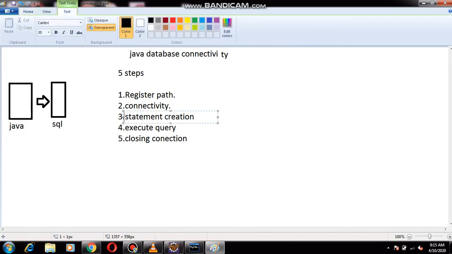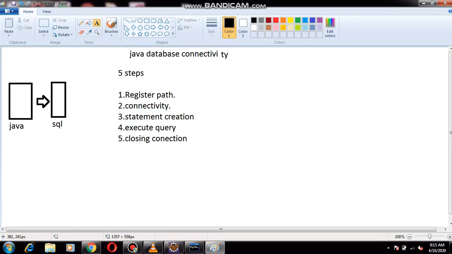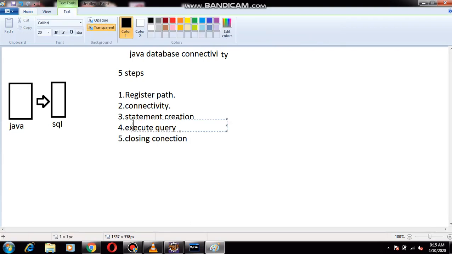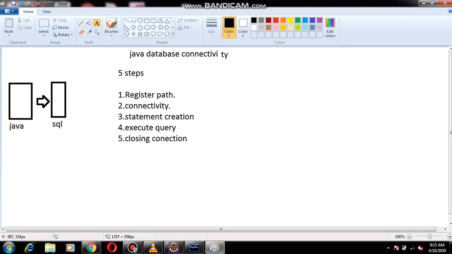What is the next step? Statement creation. What is statement creation? Either we are creating, inserting, or updating. That statement we have to create, and then execute that statement. Whatever statement you wrote, we execute it. What is the final step?